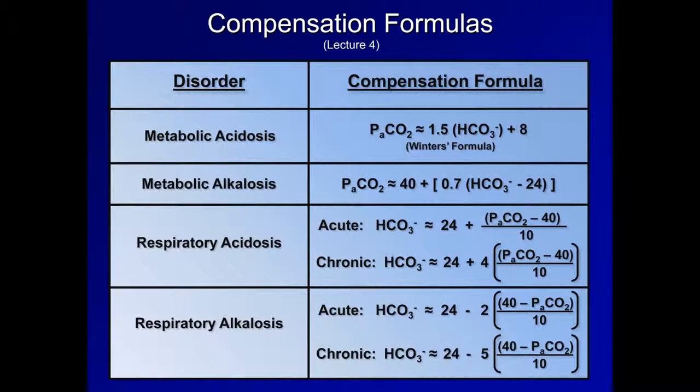If compensation is not appropriate using this analysis, it is strongly suggestive of an additional acid-base disorder that is interfering with the compensation mechanism. It is important to realize that physiologic compensation will never bring the pH all the way back to normal. Lecture 5 introduced the anion gap,